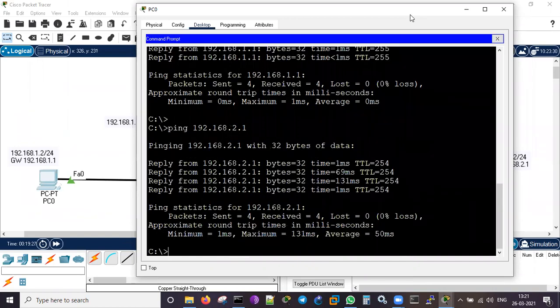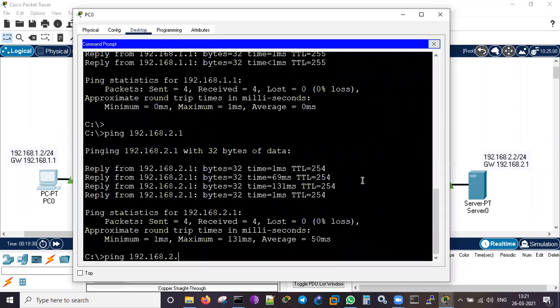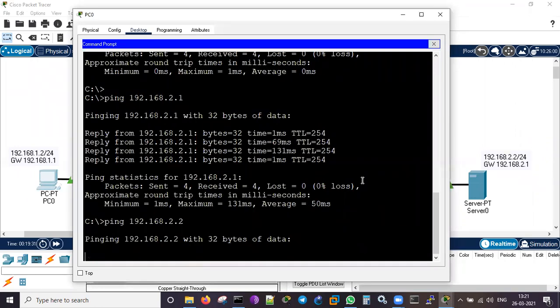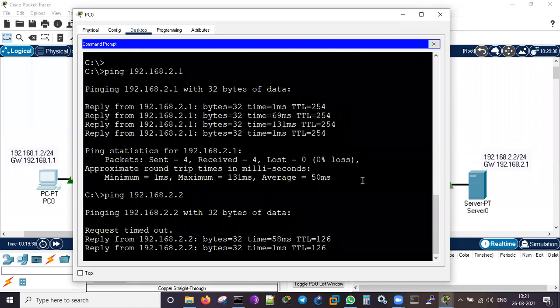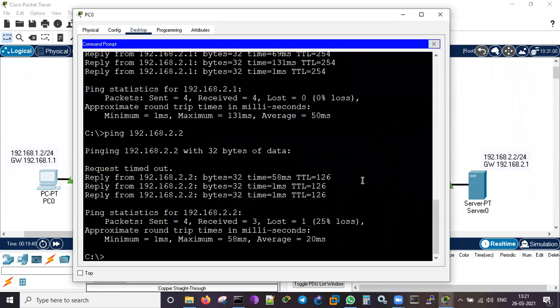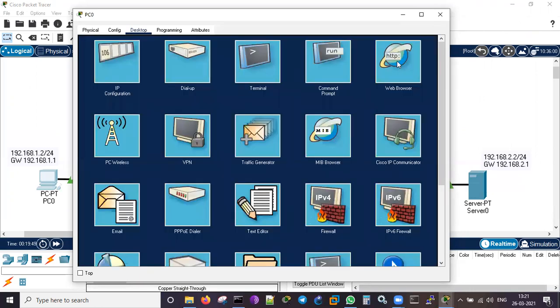And the Delhi side server IP, 2.2. It will take some time, then it will start working. Now it's working, so I am able to reach the server, meaning I can ping that server. But what we are going to do with this extended access list is block it, or rather enable HTTP server access. So let me open the web browser.